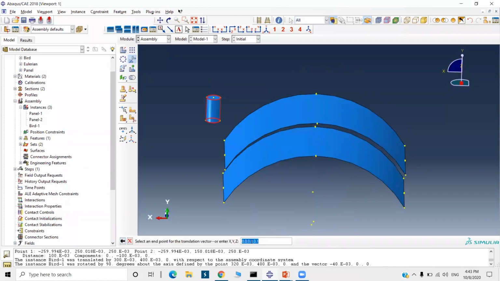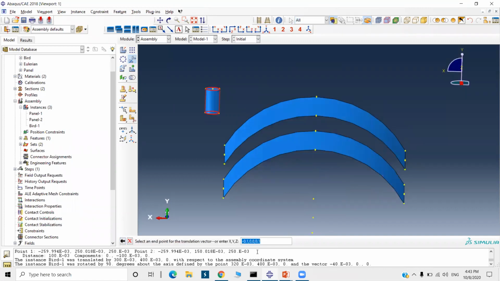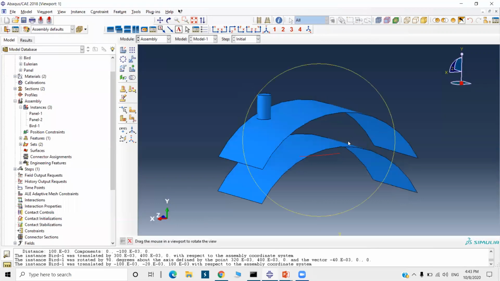Now in the x direction I have to move it 0.1. Sorry, it is minus 0.1. Okay, so again I will move it to 0.02 in the y direction, minus. Okay, so I will accept this position. So this is fixed here.